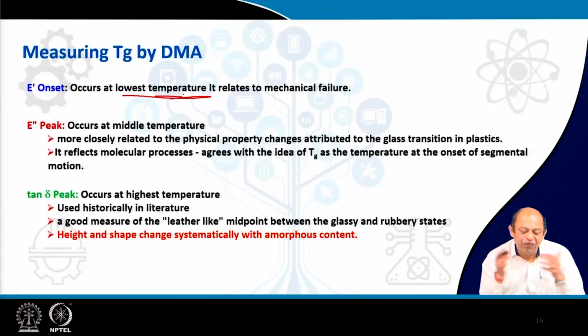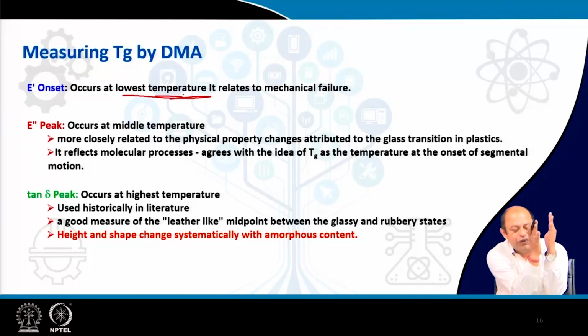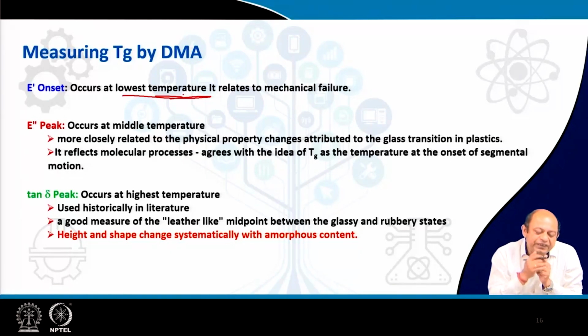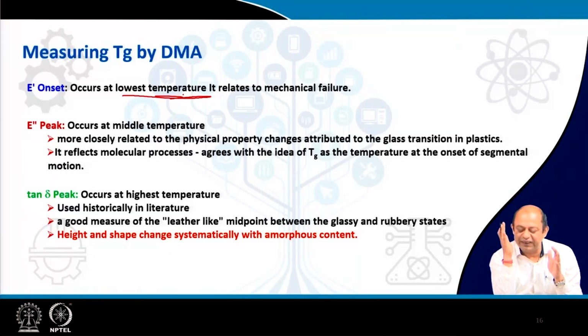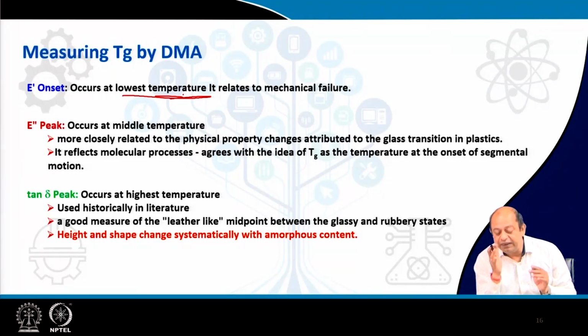Now, obviously, first you are getting at the lowest temperature the E prime onset, followed by the E double prime onset and followed by that tan delta. So, what does it represent? It occurs obviously at higher temperature. So, it is a good measure, rather like the midpoint between the glassy and rubbery state. But technically speaking, if really you have to go for what is the glass transition, you have to do